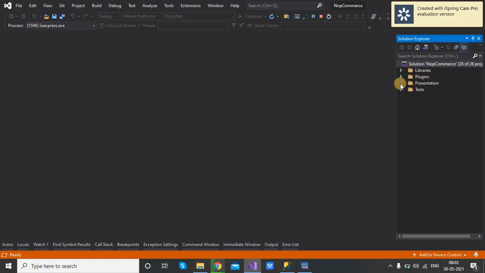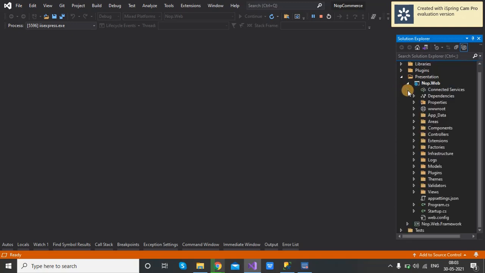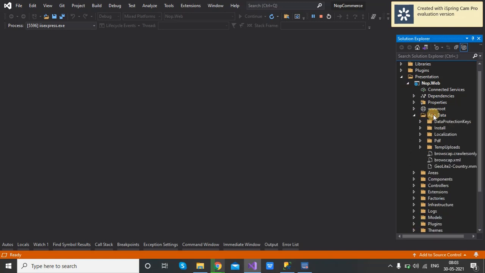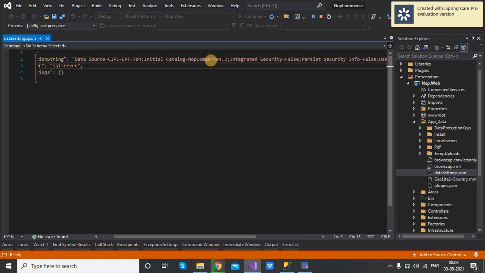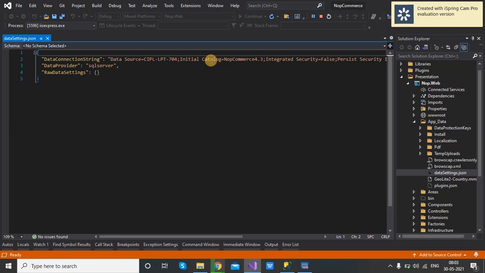By default, when you go to the location from here, it will be excluded because it was created after running the application. So go to App_Data, click on it, and you can see the show all files option. You have to do it because by default it will not be included. You have to include it manually. See, now the data setting.json file is visible. Click on it, and you will find the data connection string, like your server name, your database name, then password and username. You can also change these in the future according to your purpose.